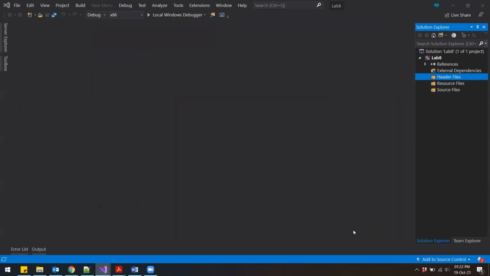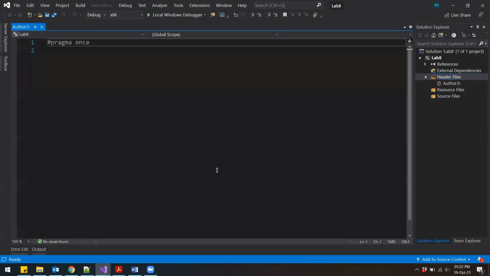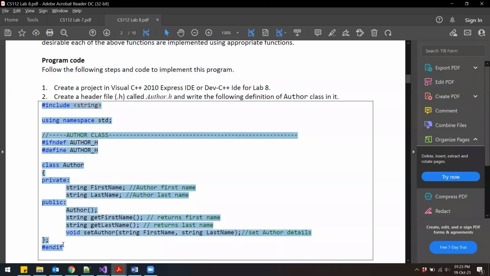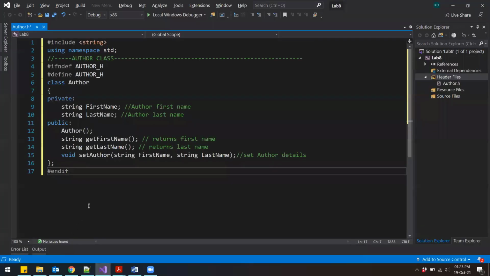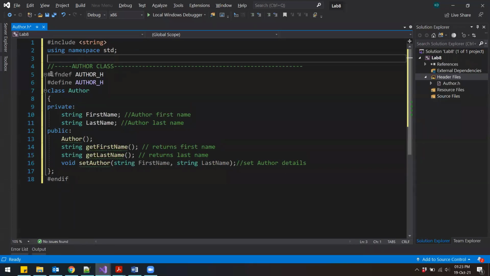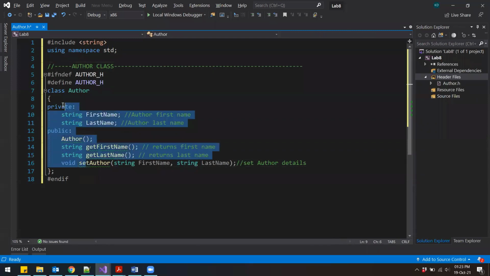Click on add. Once again you are given a default line over here that says pragma once. So I'll remove this line, make sure the file is empty, and then I'll copy this code from here and paste it in that file, and I can just indent this a bit so it looks a bit neat.